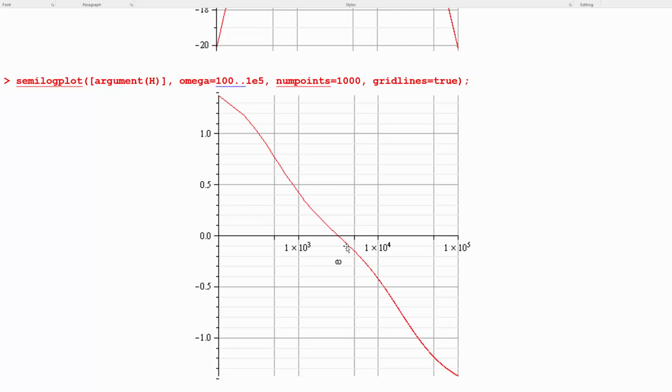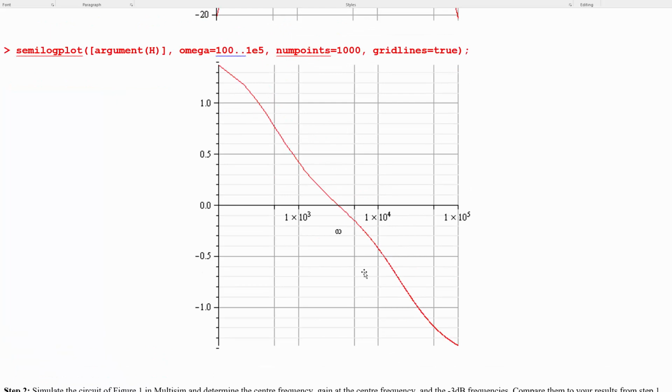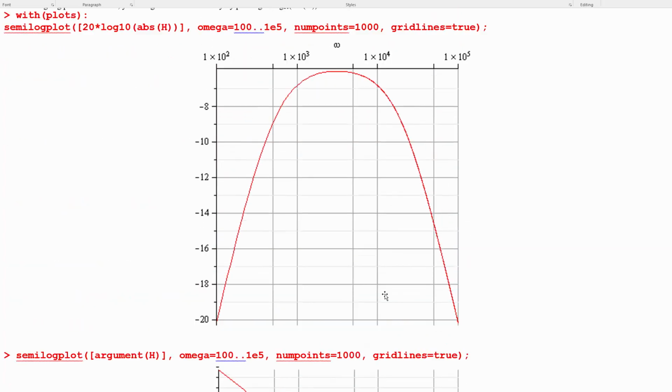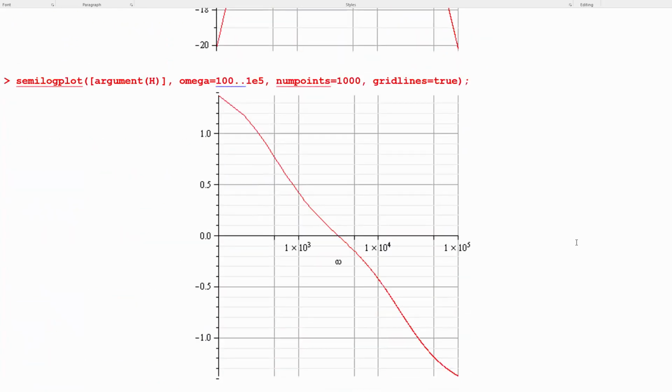And another thing to note is that the phase shift at the 3 dB frequencies is a little bit hard to see from this plot in particular, but it's kind of half. This is basically like a straight line, and so we end up with, not surprisingly, a 45 degree phase shift in either direction at the 3 dB frequencies. So that's another thing that you can look for, and we're going to make use of